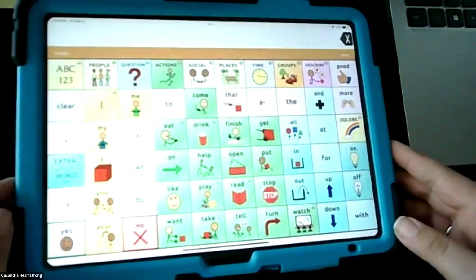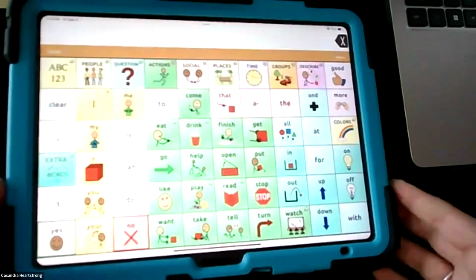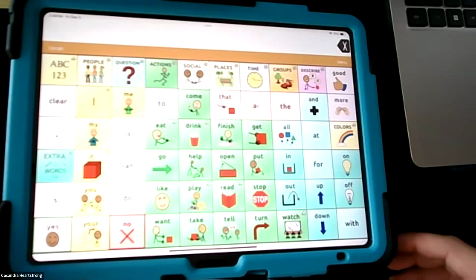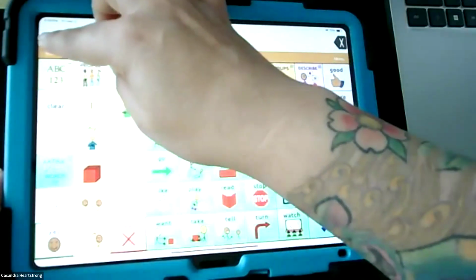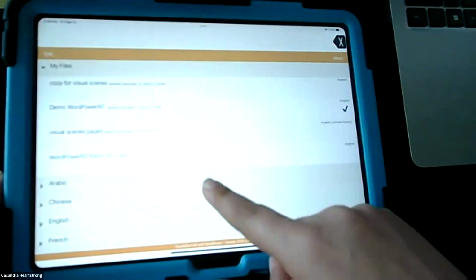That glare. Okay, we're going to look at TouchChat WordPower. So this is the home page, but I also just want you to notice this is WordPower 60, which is probably the most popular of TouchChat. But within the TouchChat app, we still have, under vocabulary,